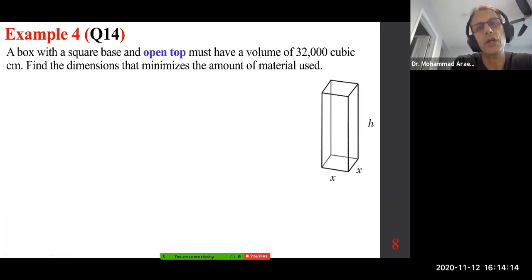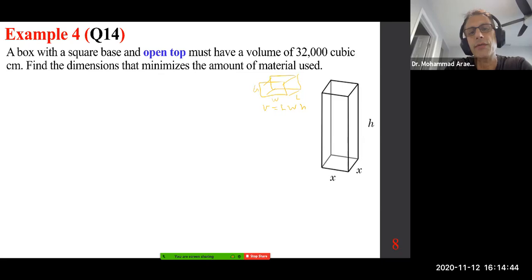a rectangular solid in general, class. Maybe I do the drawing here. By the way, what you see here, even x and h, it may not be to scale. So this is the height, width, length. The volume is LWH. The surface area